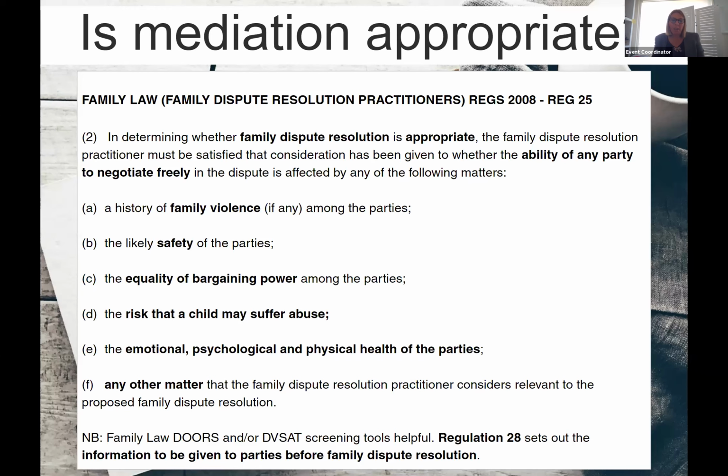Secondly, I get a background from the parties as to the issues that need resolution. Thirdly, as required under this legislation, I assess the ability of the parties to negotiate freely. Fourthly, I look at how they're communicating and perhaps make some suggestions as to how they can improve that communication. And lastly, I look at, if it is appropriate for mediation, what is the preparation for the mediation? And that's some of the tips that I'll give you today.